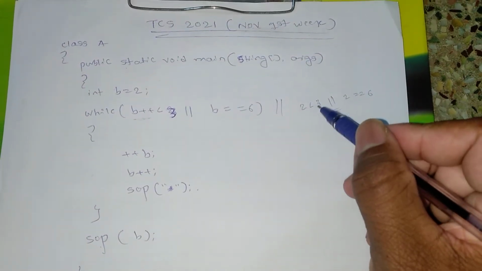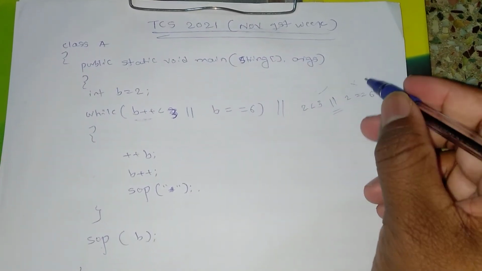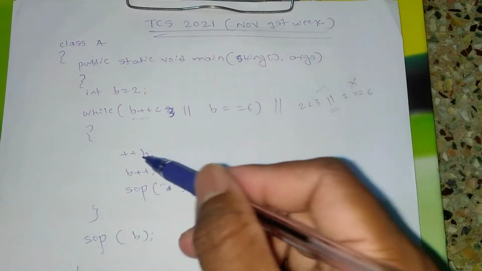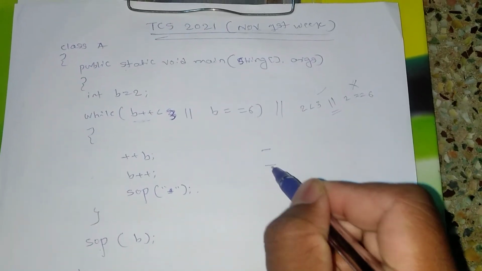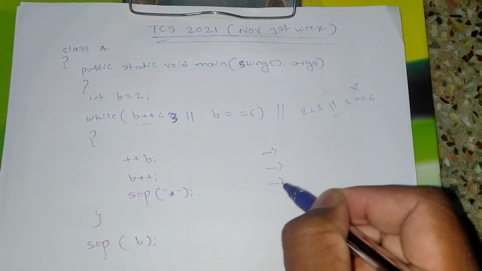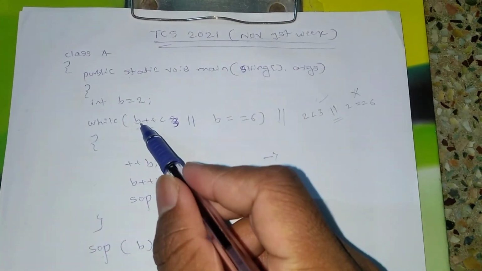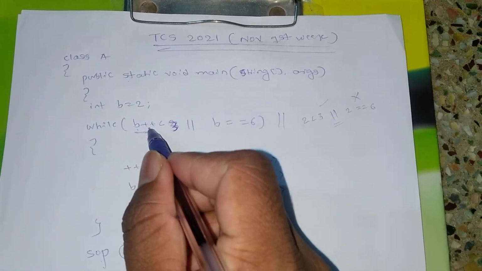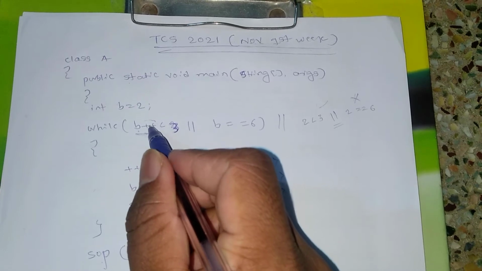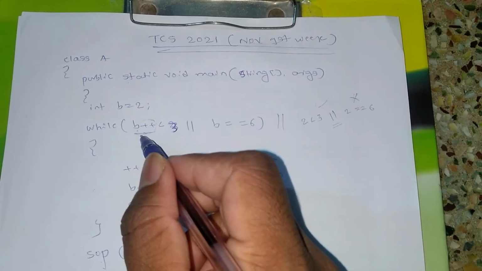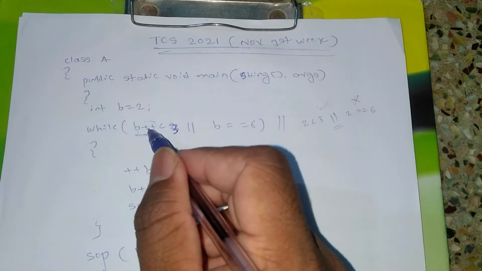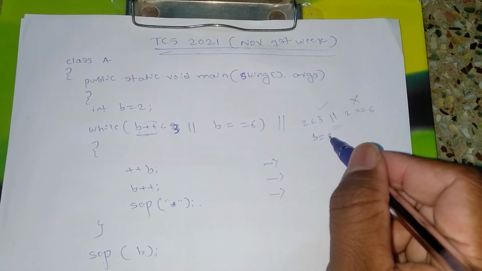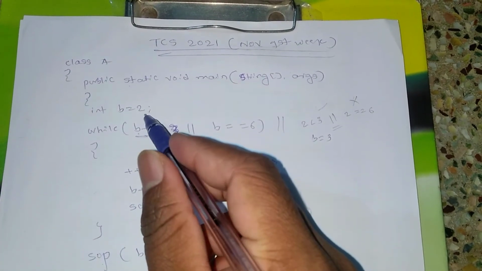Here you can see 2 is less than 3. Yes, this condition is true and the other is false, but that is no problem because one of these two conditions is true, so it will execute. Now come to these three lines, guys. The b value is 2, and once it uses the b value it will increment it by 1 because of b++, the post-increment. So first it uses the value of b, then it increments immediately. When it comes to this line, the b value is already 3. Before this line itself it has gone from 2 to 3.